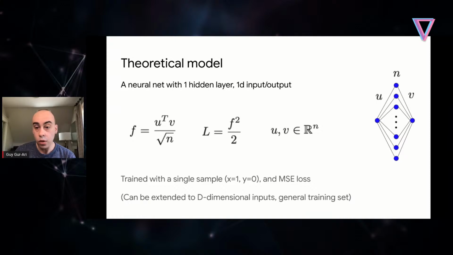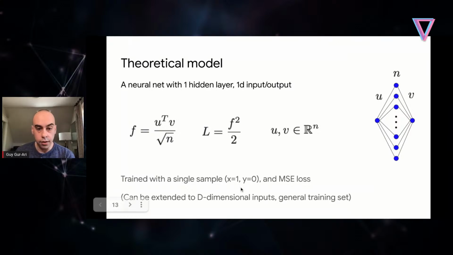Okay, so let me describe the model. Again, it's a very, very simple model. For the purpose of this talk, I'll focus on the simplest version, which is a model with 1D inputs, 1D real input, 1D real output, and a single hidden layer in the middle with n neurons, and no nonlinearities. So these neurons are all linear neurons, and so the model itself is linear. We also are going to train this model on just a single training sample. Just one training sample, x equals 1. The input is x equals 1, and the target is y equals 0.